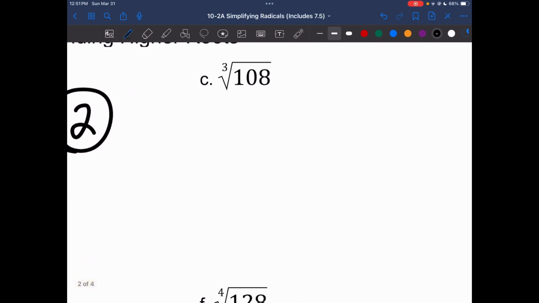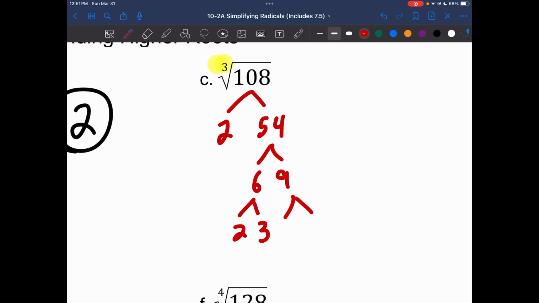All right, let's look at letter C. We're looking for the third root of 108. So again, we're looking for the third, so it's groups of 3 that we're looking for. 108 breaks down into 2 times 54. 54 is 6 times 9. 6 is 2 times 3. 9 is 3 times 3. So what groups of 3 of something do we have? Well, I have 2 2's. It's not a group of 3, but I have 3 3's that I can bring out. So we do that. We have on the outside a 3, and what's left inside the radical, 2 times 2